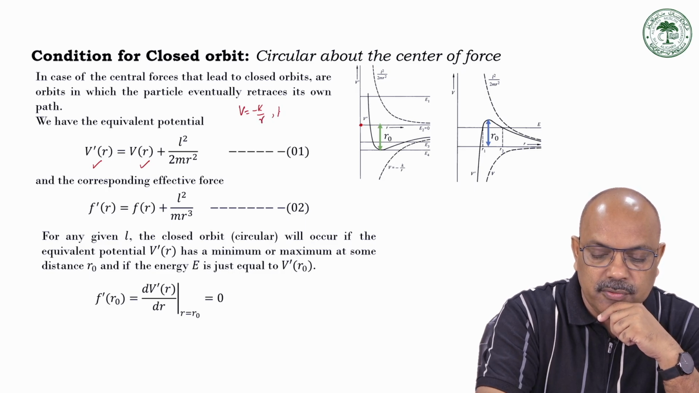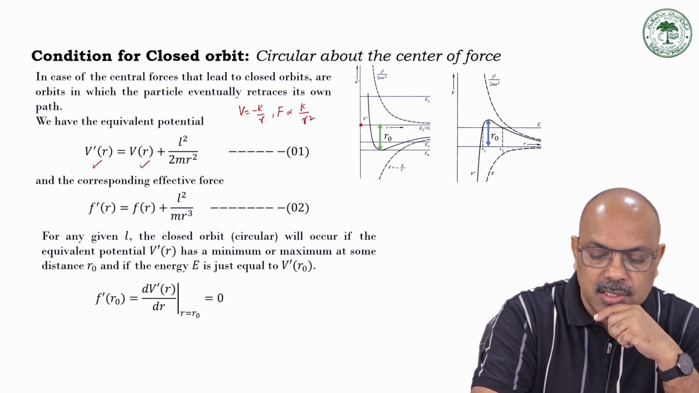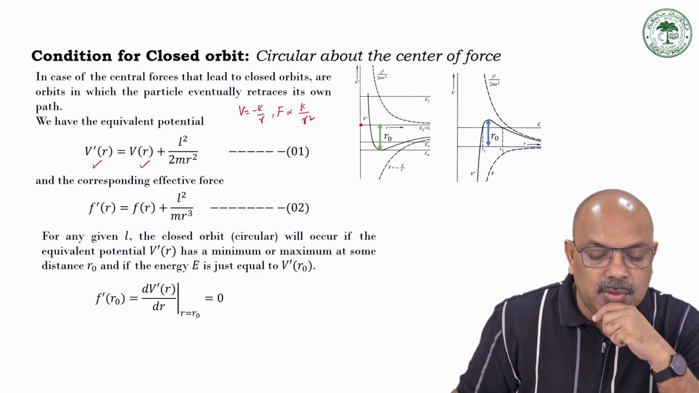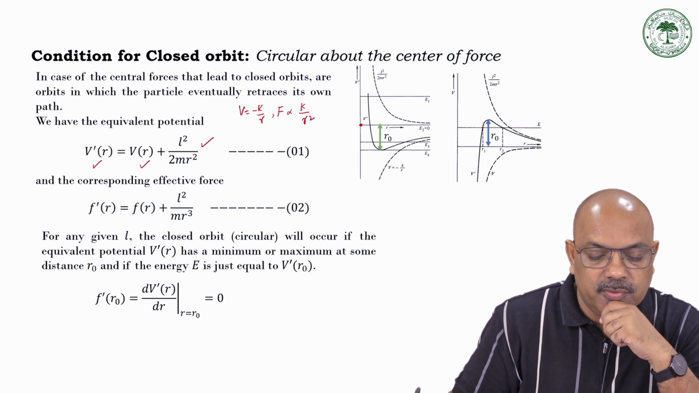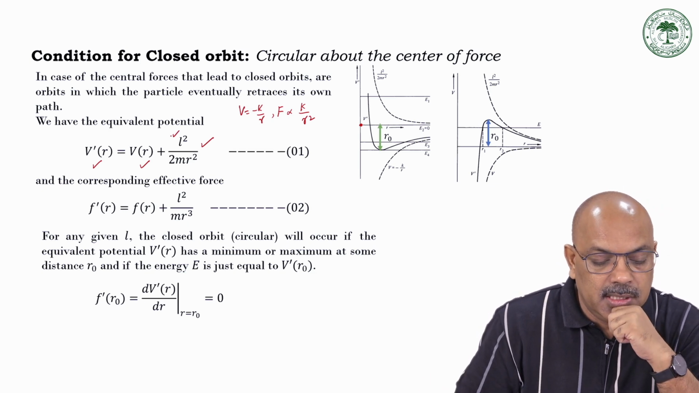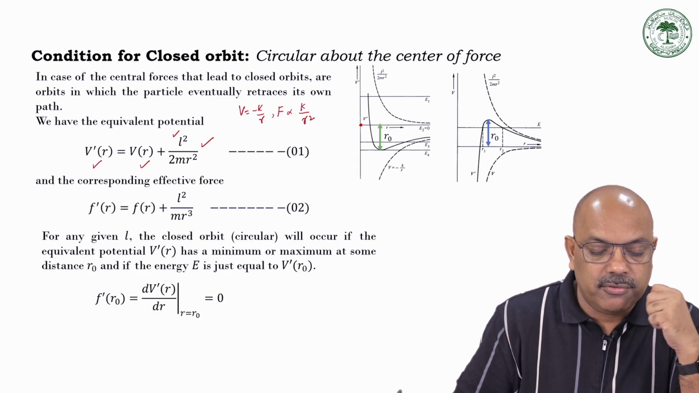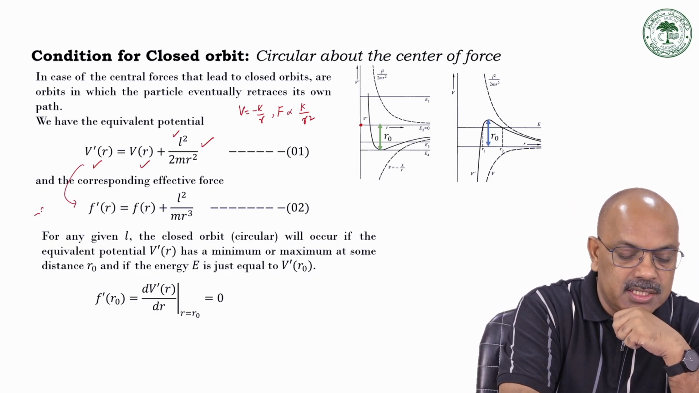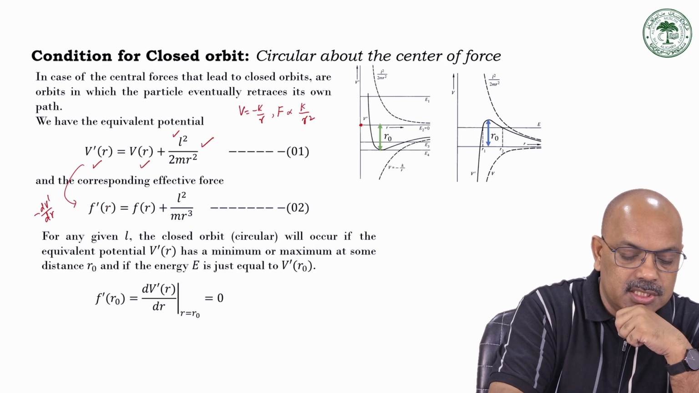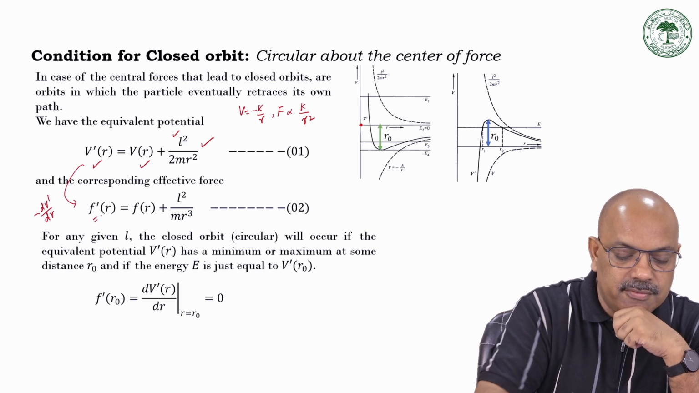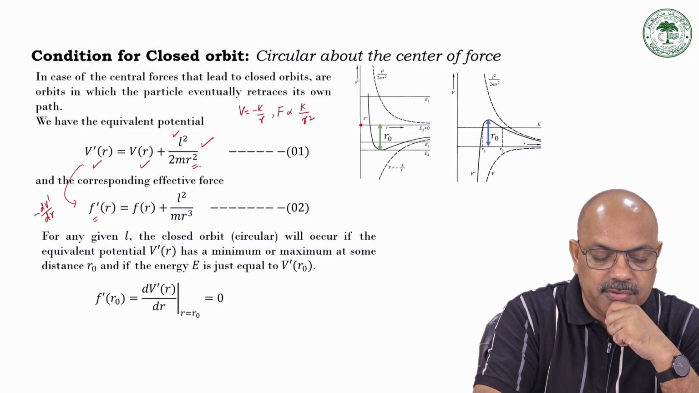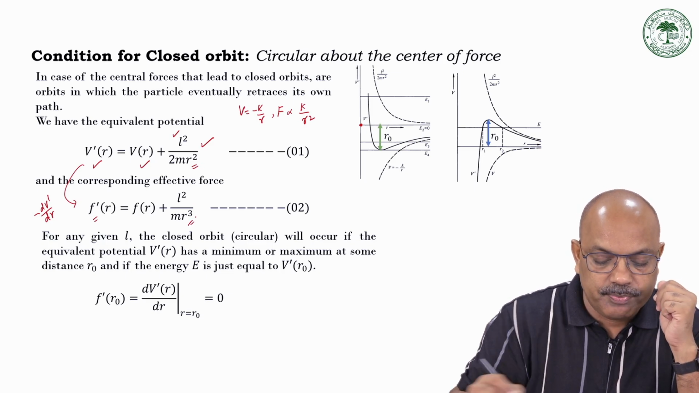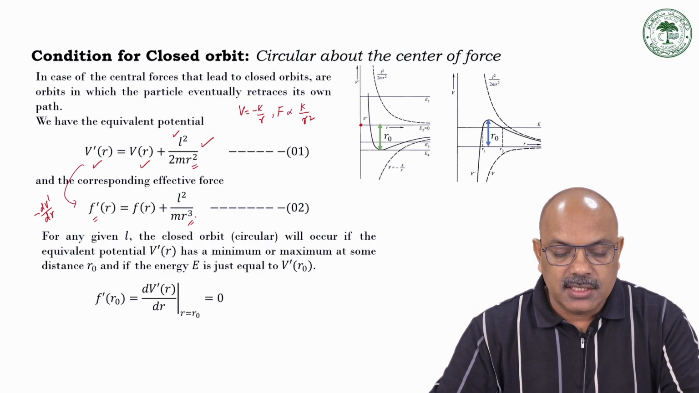and the corresponding force is k by r squared. Then there is the centrifugal potential energy for the particle which has angular momentum. The corresponding effective force is minus dV prime by dr. If you differentiate it, you are going to get the term with m r cubed. Now we had to find the condition for